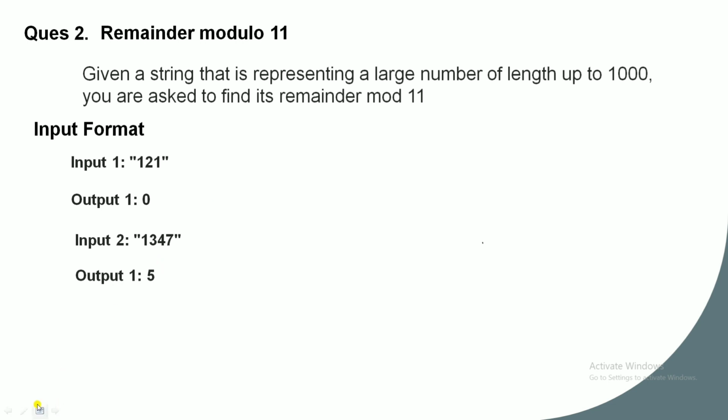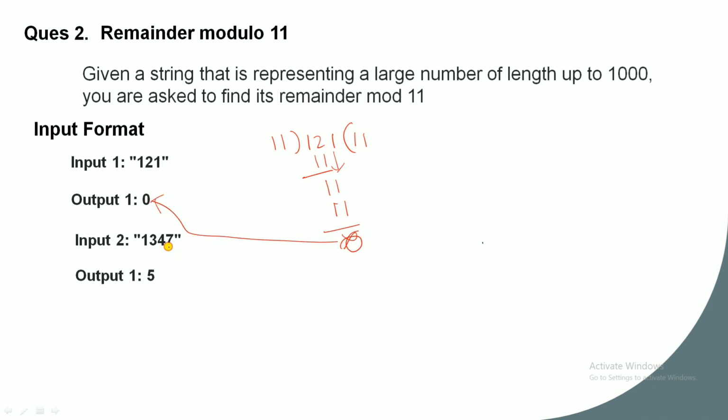Okay, let's understand with an example: 121, right? When we divide 121 by 11, the normal division is this. Check for the first number: 1 is less than 11, so division is not possible. Then we approach the next number, 12. 12 is greater than 11, so we can divide. 11 ones are 11, so the remainder is 1, and the next number goes down here, and this will be 11. 11 ones are 11, the remainder is 0, and this is our output.